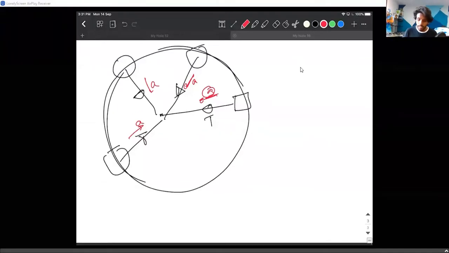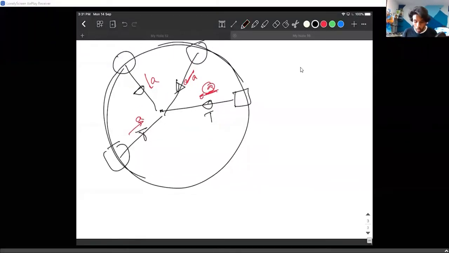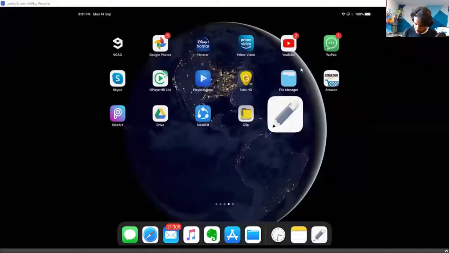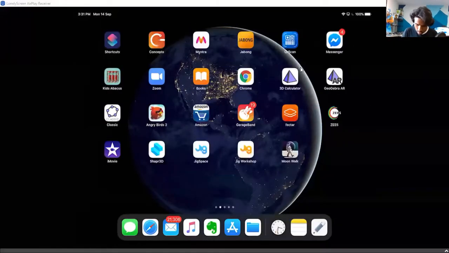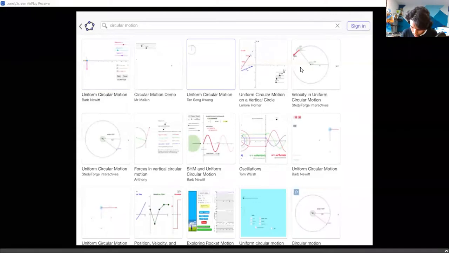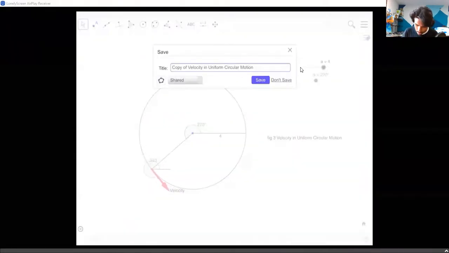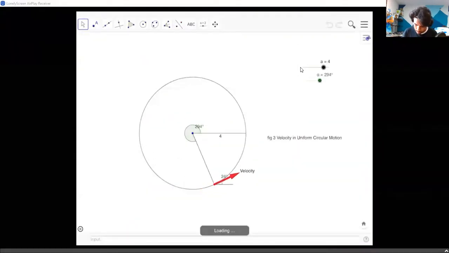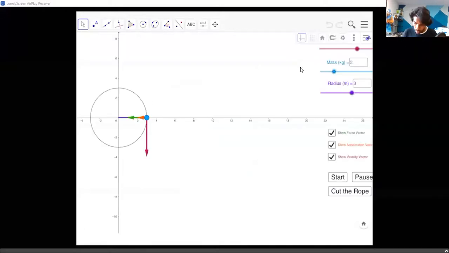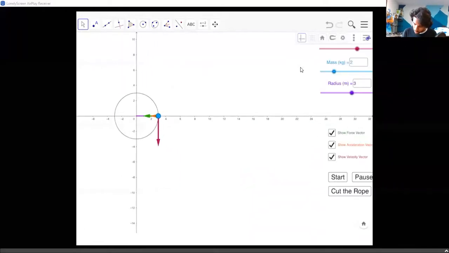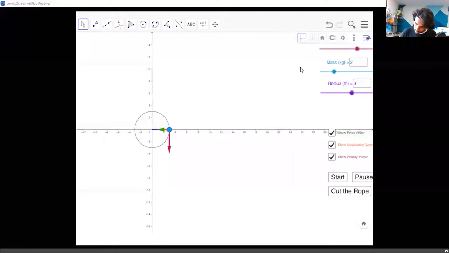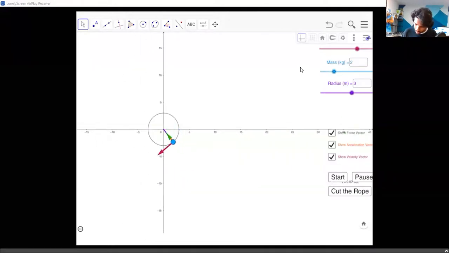Now, let me show you an example on the graph that I already showed you. Wait a second, let me find the original one. It's loading, wait. I think this is the one. There is a circular motion. So this is a body which is going in a circular motion.